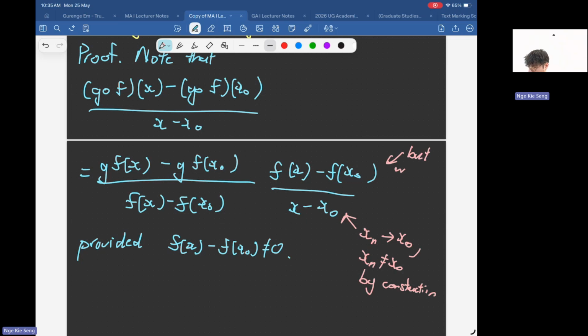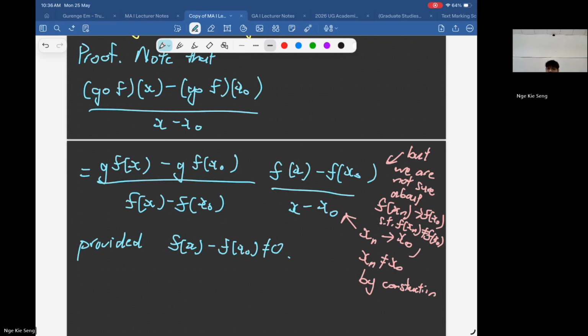But we are not sure about f(x_n) converging to f(x_0) such that f(x_n) is not equal to f(x_0). Okay, we are not sure about that. So instead of looking at this quotient directly,